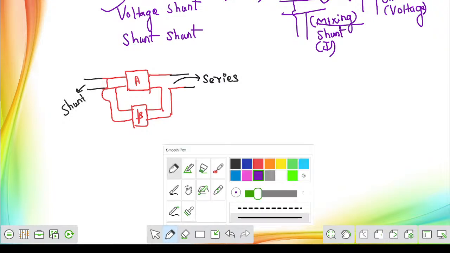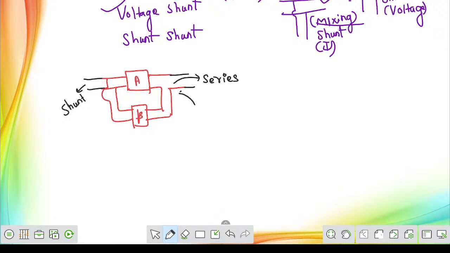Now what is the basic primary difference then? If we are observing these two, on the output side we know this is called sampling. On the output side, whatever we are performing, that is what we are calling sampling. From series sampling we can take current as the output. Current will be sampled here. Shunt configuration means current will be mixed here. So this is called current shunt configuration,